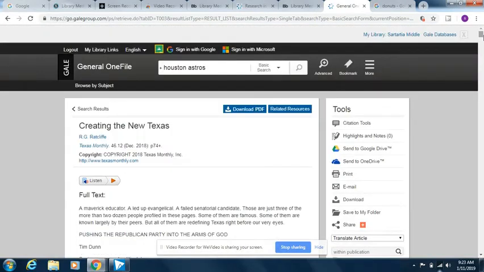So that is researching in a nutshell. If you ever want to log in and research at home, please come to me. I have all of the logins in the library. I also posted them to our library Schoology group. So if you're a member of that, you can access that even at home as well.